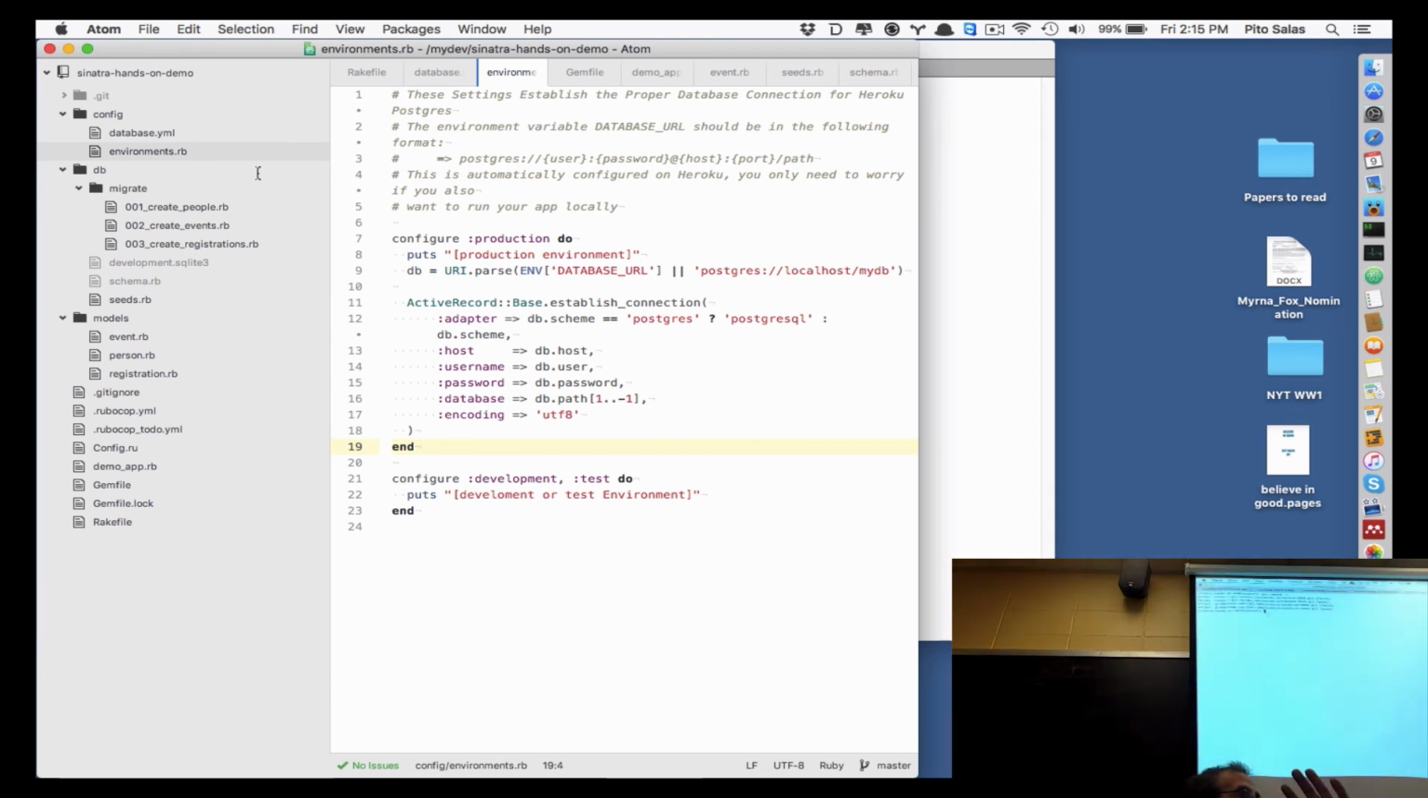So let me explain this. The picture we have here now is we have my computer, and I have a directory in here called Sinatra hands-on demo. It has a bunch of files, including a hidden directory called .git, which contains what's needed to manage this as a Git repository, which allows you to do commands like git push and so on. Then there's GitHub over here,